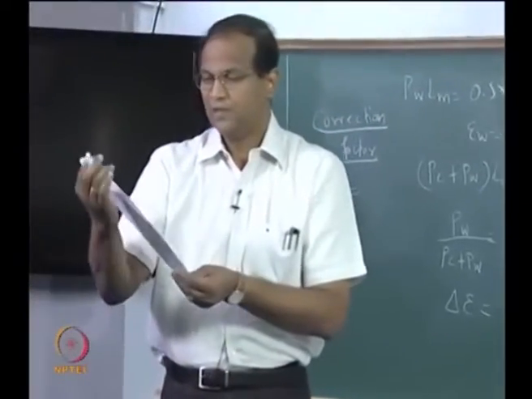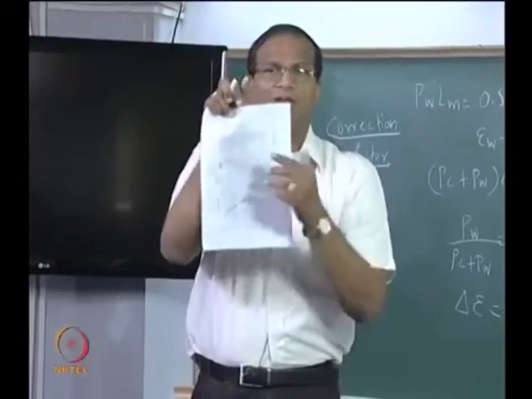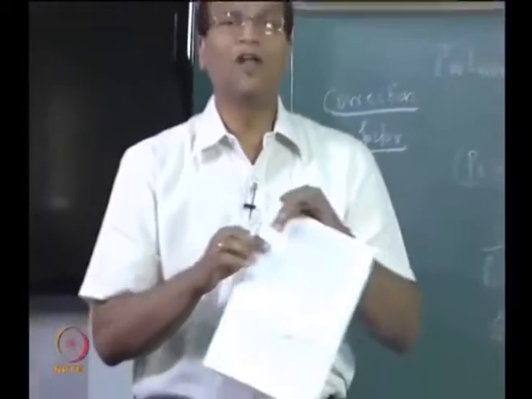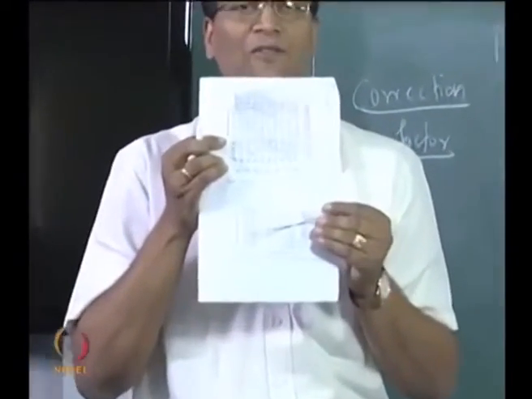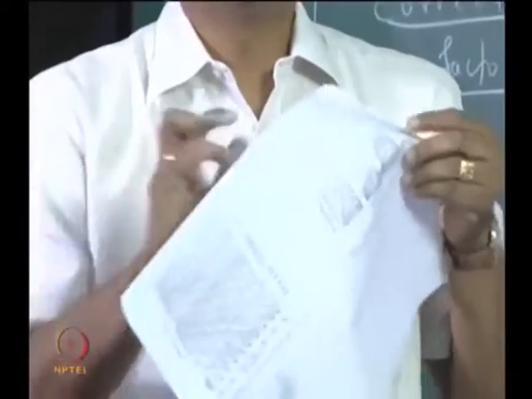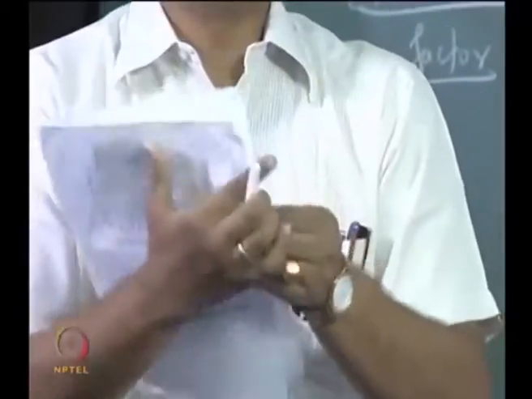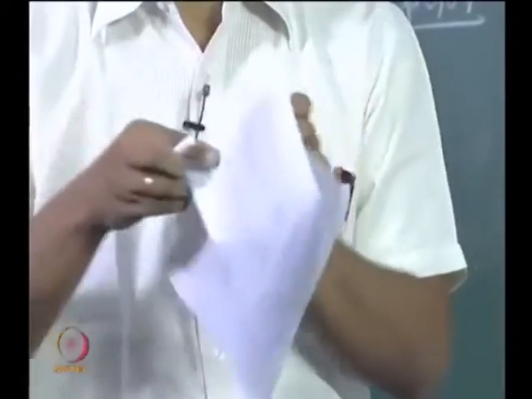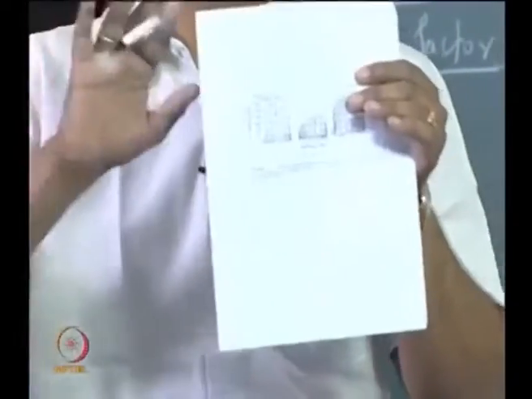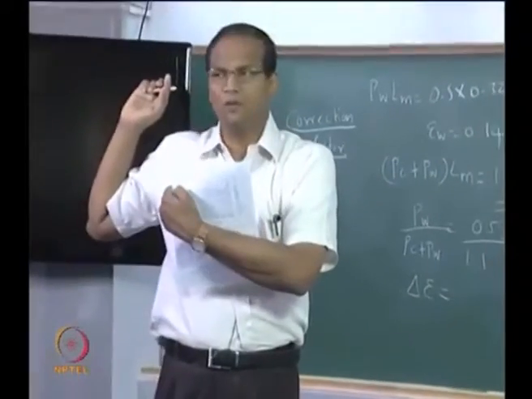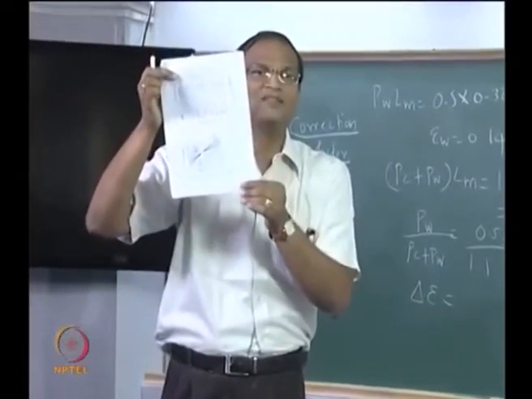So the second chart gives the... people who are all at sea. First page gives the emittance of carbon dioxide. First page 1A and 1B. 1A gives the emittance of carbon dioxide, 1B gives the correction for carbon dioxide. Page 2A emissivity of water vapor, 2B correction for water vapor. 3A, B, C, delta epsilon and delta alpha for 3 temperatures. Is that clear? Now to calculate for the water vapor, we proceed to chart number 2, page number 2.